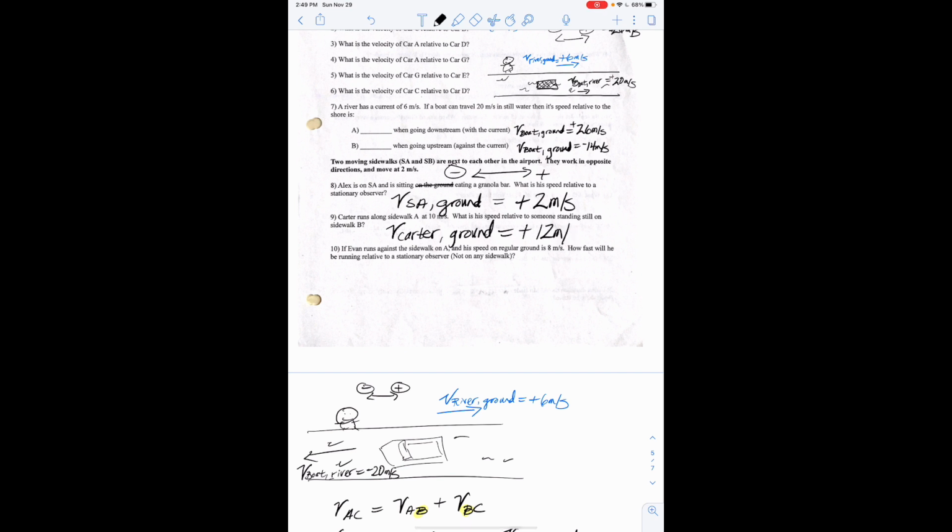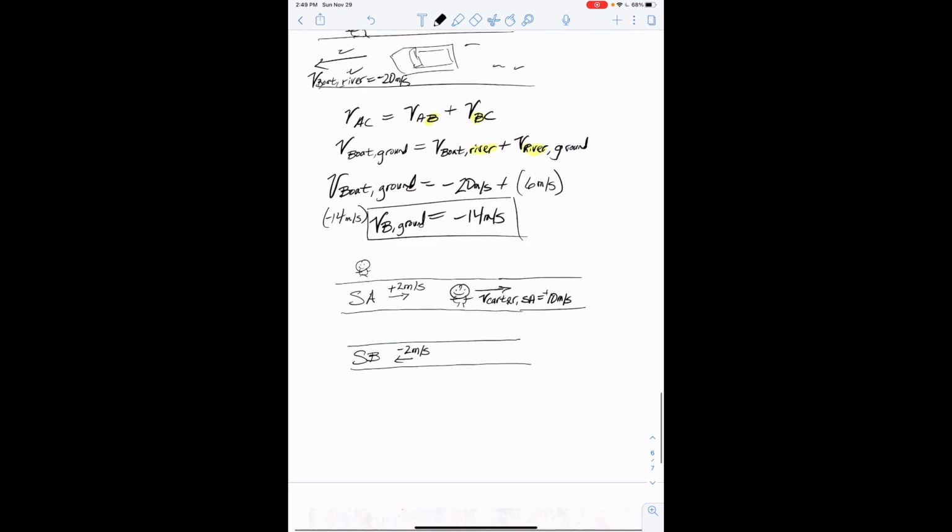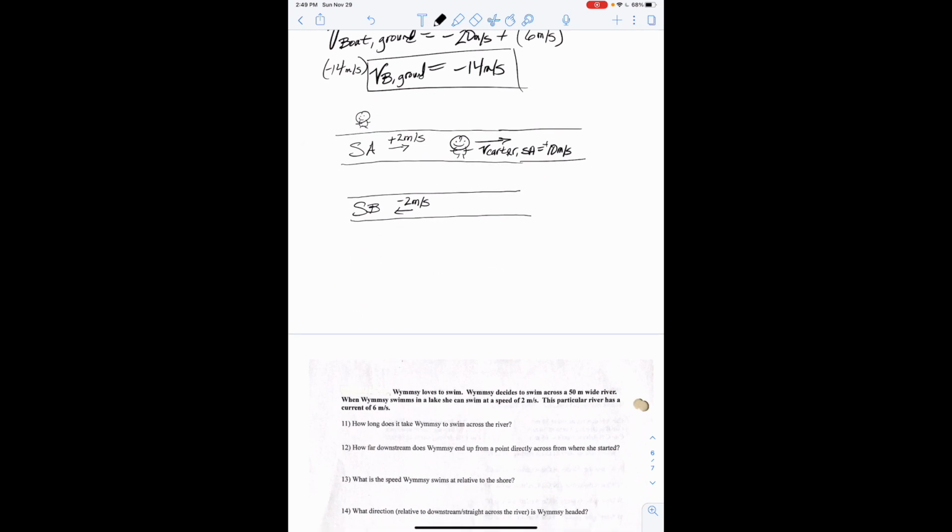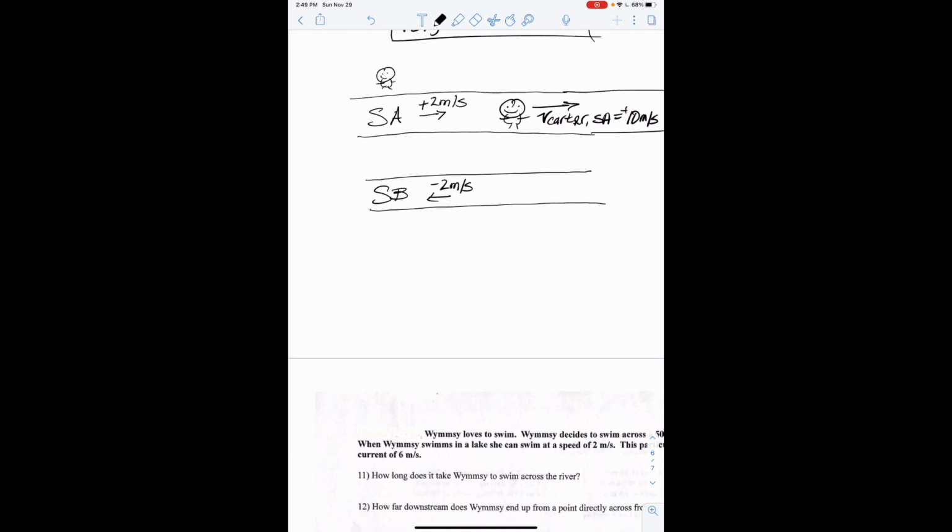And if that doesn't make sense and you want to use your formula to see that, here's what you could do. You could write velocity of A relative to C is equal to the velocity of A relative to B plus the velocity of B relative to C. All right, so we have velocity of Carter relative to the ground, which is what we want to know,